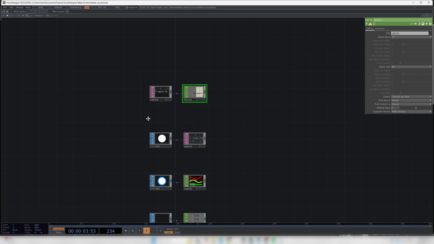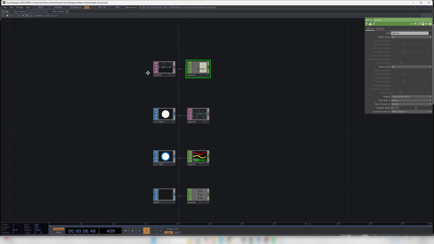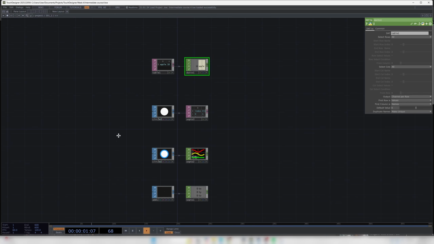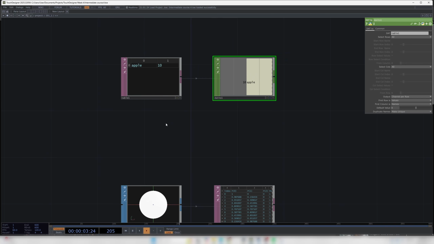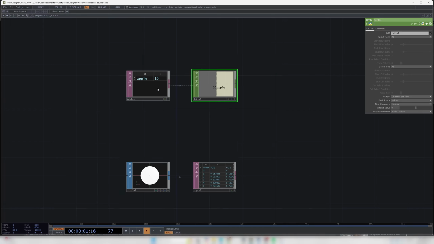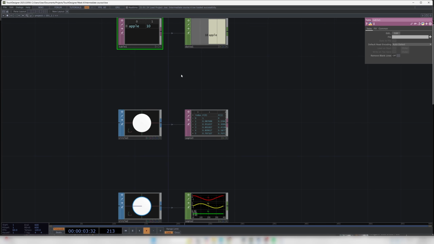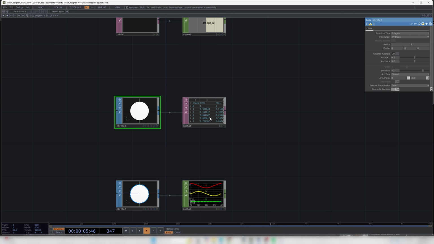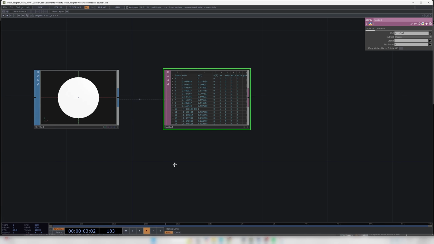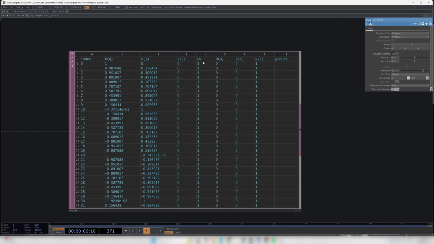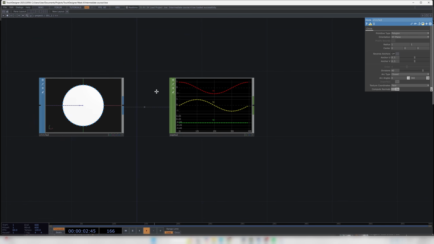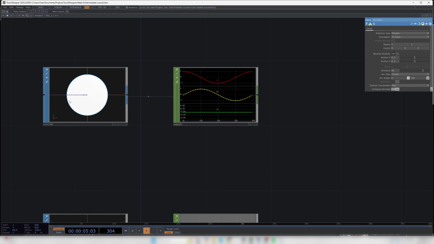We start off here. We have a table DAT moving into a CHOP there, and it's basically just changed into a constant using the name apple and I guess the parameter of 10. Then we have a circle. We can pull the points of that circle out using a DAT table. More than just the points, it's actually a number of different lines of information we can pull out from that circle. This one is pulling the points out into a CHOP there,